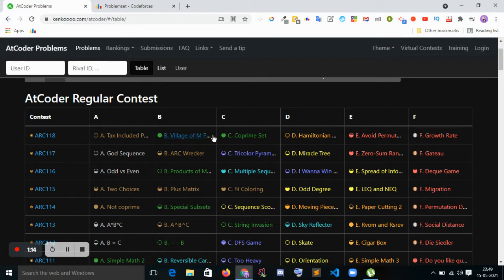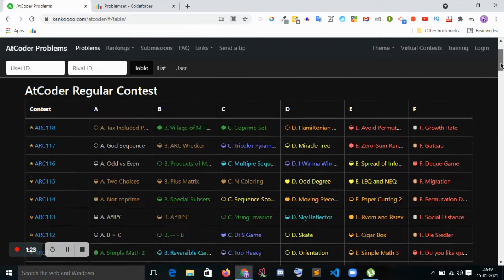If you solve them, the color becomes green. Even I have not solved all the questions.